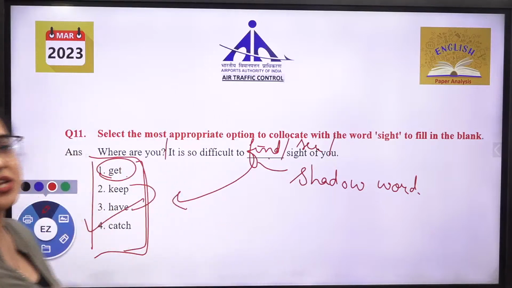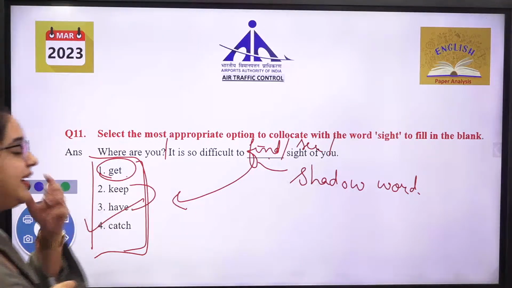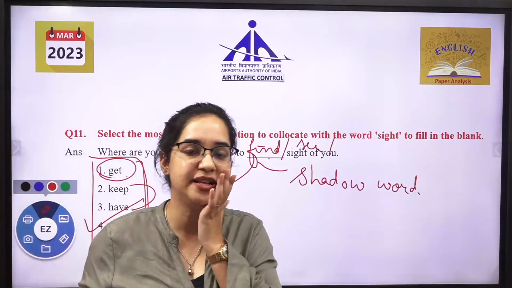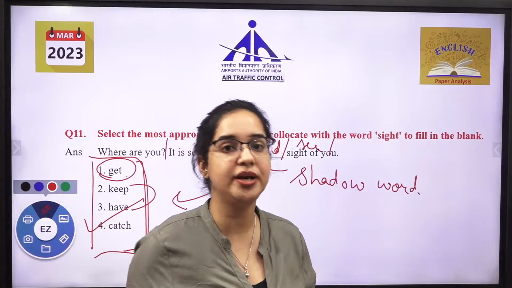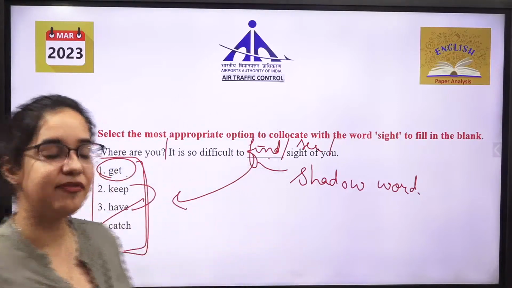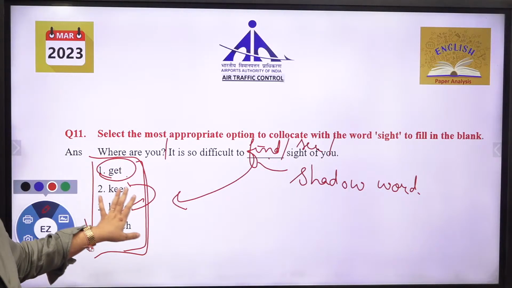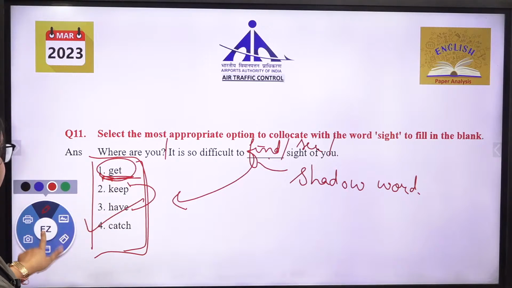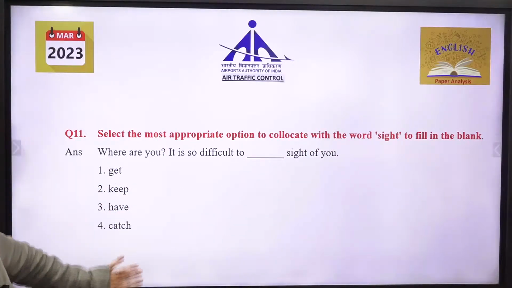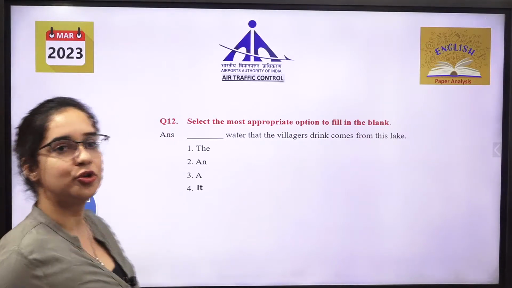So understand, whenever such a sentence comes, get is wrong. Catch will come. What does find mean, Veer? Find means to search, to catch someone. We say catch you later, see you later. So that is I'll catch you later. That is, I'll find you later. I'll talk to you later. It is not I'll get you later. You don't get a person, right? So this is not for a person. You don't get a sight. So this is the wrong one, and catch is the right one. Any problem in any option, we will discuss at the last also. Do not worry about it.